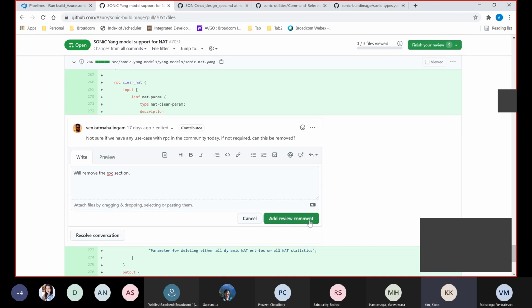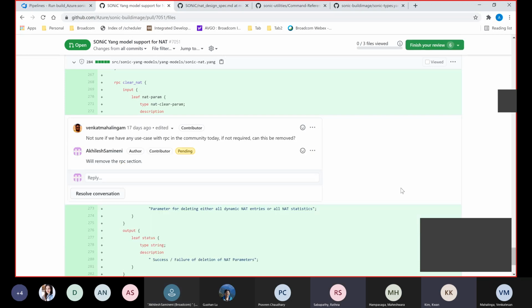So there are two statements. One is action. You can apply an action right into a list or container, or you can define a separate Yang node as an RPC. Here is one example of an RPC. No, you can think of it not like clearing all configuration. It is more of a dynamic thing. So it is to trigger a start over.